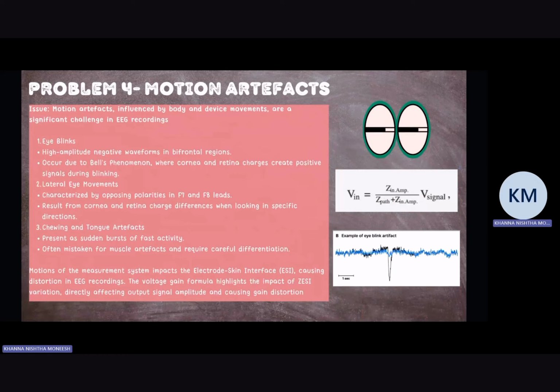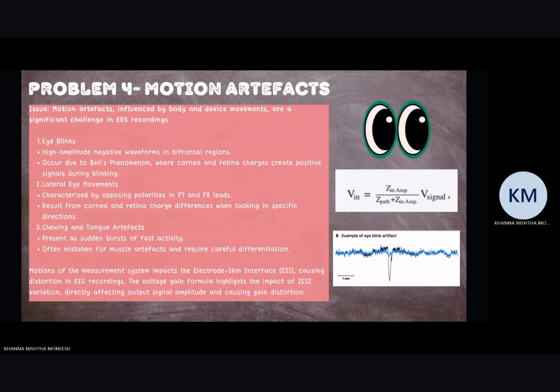Lastly, motion artifacts influenced by body and device movements pose a significant challenge in EEG recordings. Eye blinks are identified by strong negative signals in the frontal part of the brain. This is known as Bell's phenomenon, which occurs because the cornea and retina produce positive signals during blinking. Additionally, lateral eye movements generate opposite signals in specific brain regions due to differences in charge between the cornea and